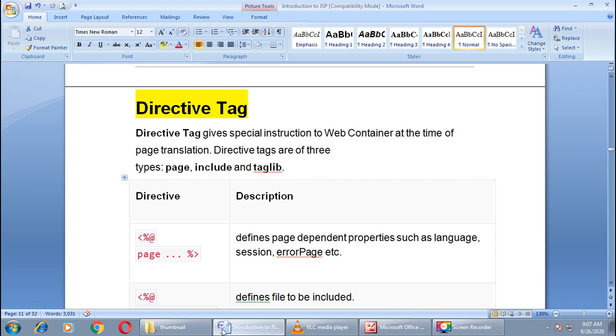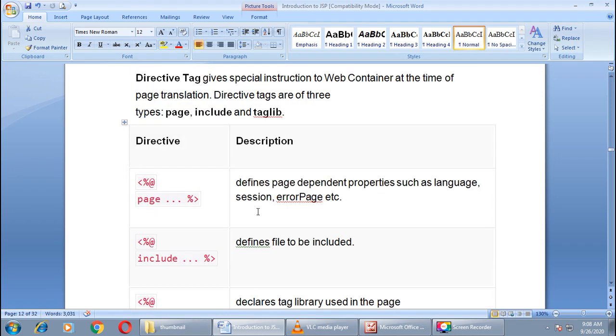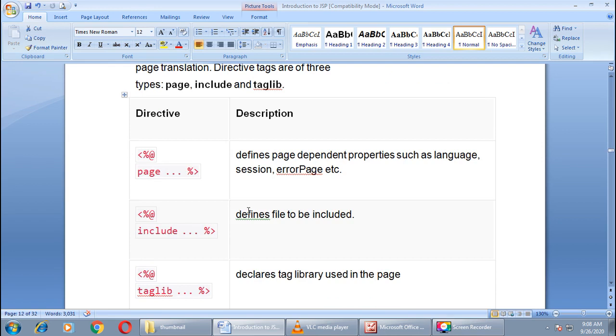The role of the directive is to pass information to the JSP container, and here you can see there are three types of directive tags available in JSP. First is page directive, second is include directive, and the third one is tag lib directive.